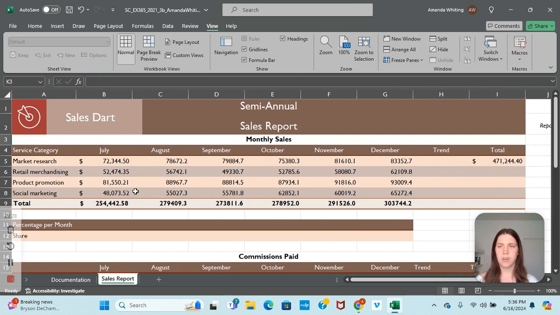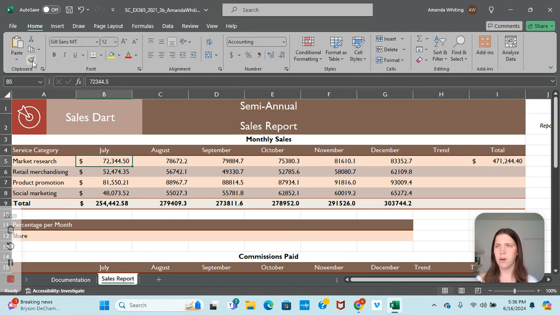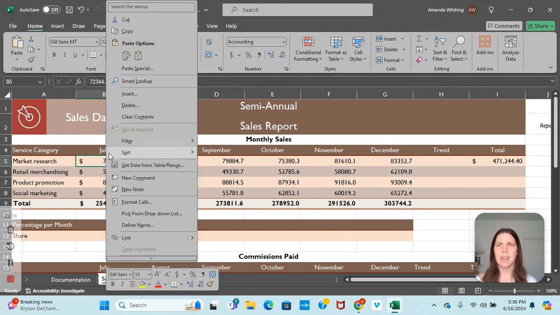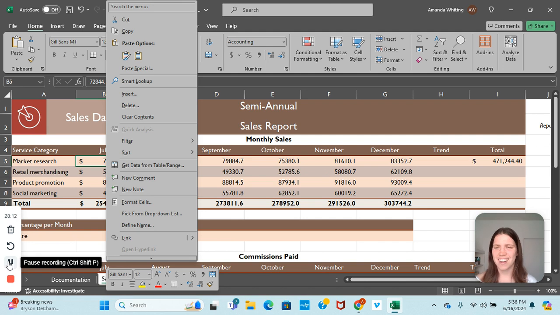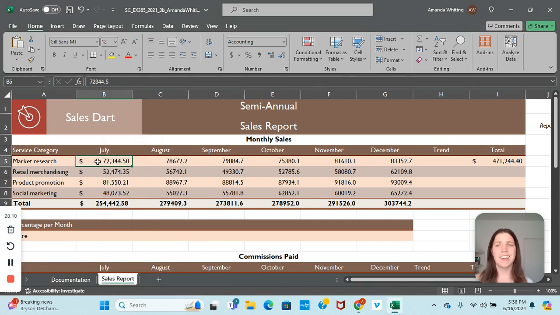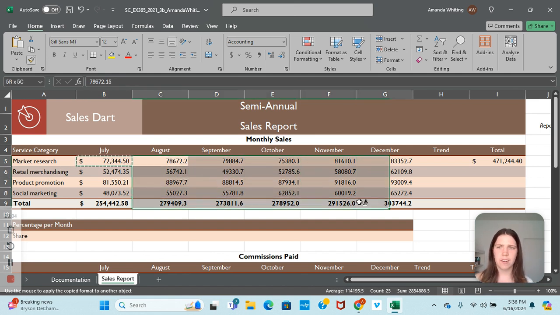Now we are going to copy and paste the formatting of B5 to C5 through G9. So click it. We can go home. I think it was, let's just right click and, shoot, I'm forgetting how to do this, one sec. Alright, so we click this little paintbrush, which is the format painter, and then highlight C5 through